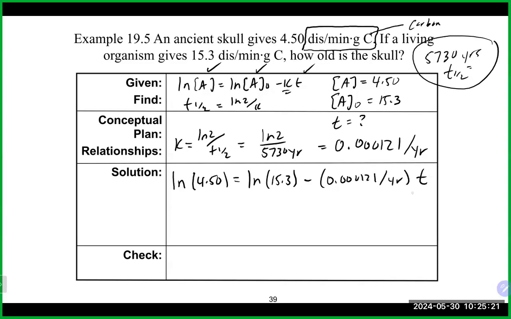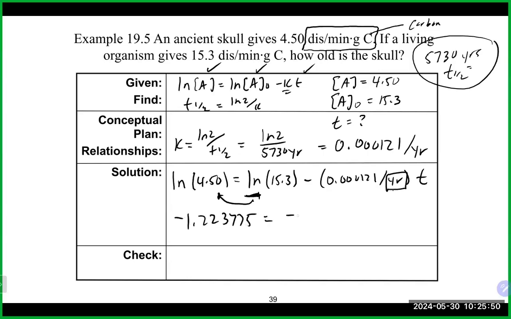And here we're solving for time. Our unit of time, when it's all said and done, will be years in this particular case, based off of the decay constant. So again, just like we did in kinetics, I'm going to take the natural log of 4.5. I'm then going to subtract the natural log of 15.3. So I'm basically going to subtract this guy to the other side. And that will give me minus